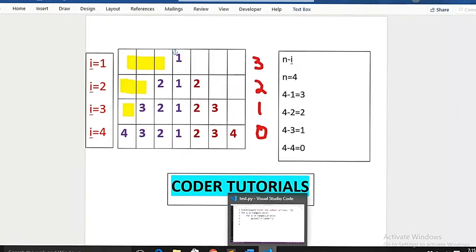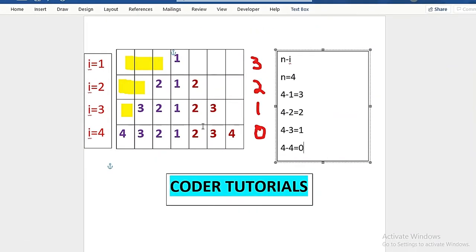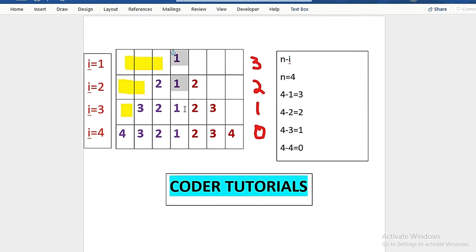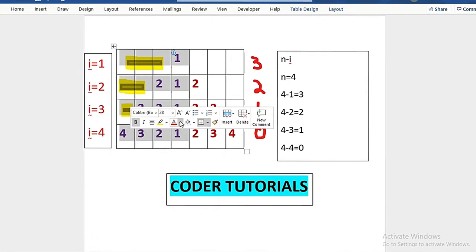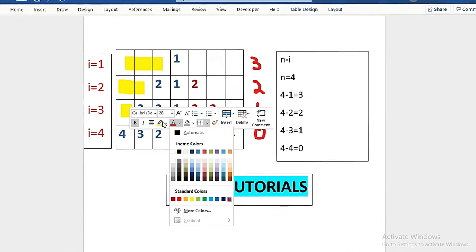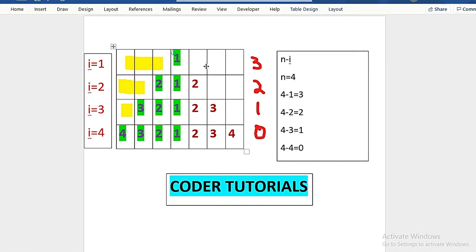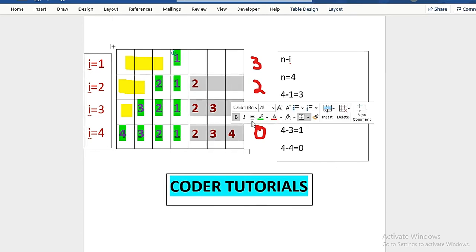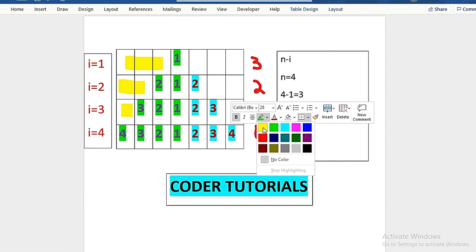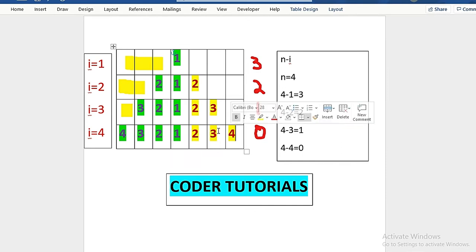Now moving forward in this code, the next thing that we need to print is this purple pattern. I have divided this pattern into basically 2 parts. This is the purple pattern, as you can see here. I will highlight this. Yes, so this is one part of the code, and the other part that we have to print is this part. So these are basically the 2 parts that need to get printed.